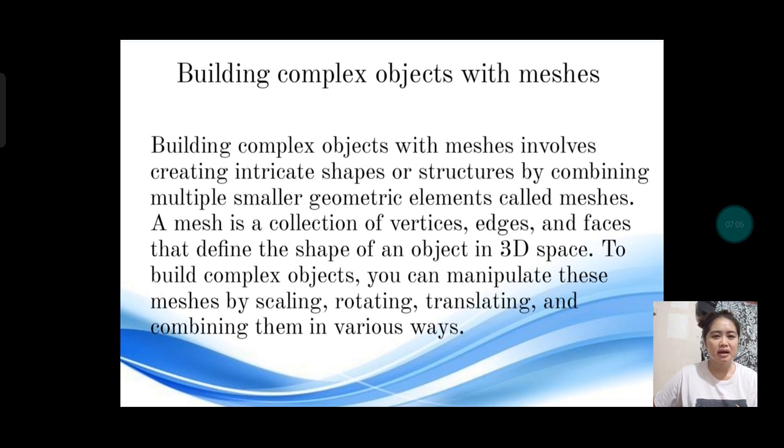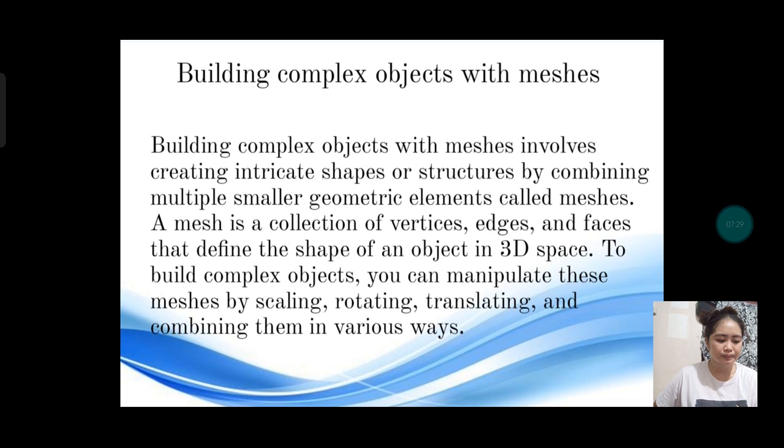A mesh is a collection of vertices, edges, and faces that define the shape of an object in 3D space. To build complex objects, you can manipulate these meshes by scaling, rotating, translating, and combining them in various ways.